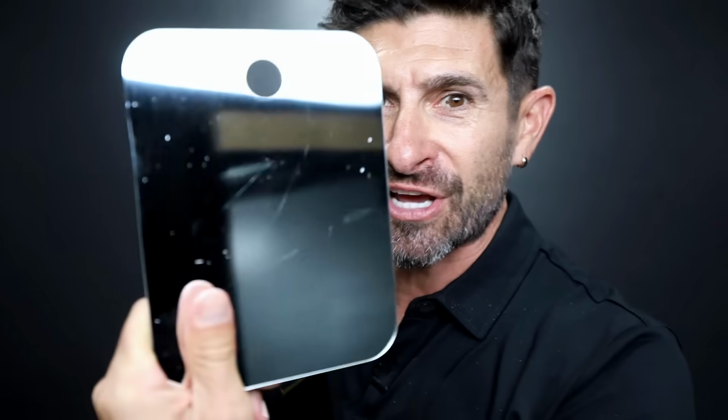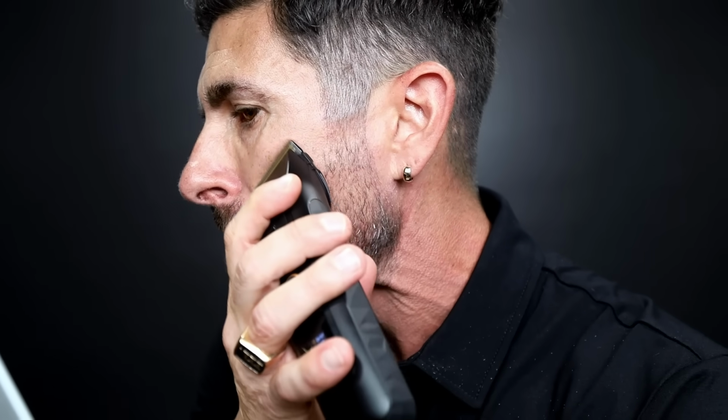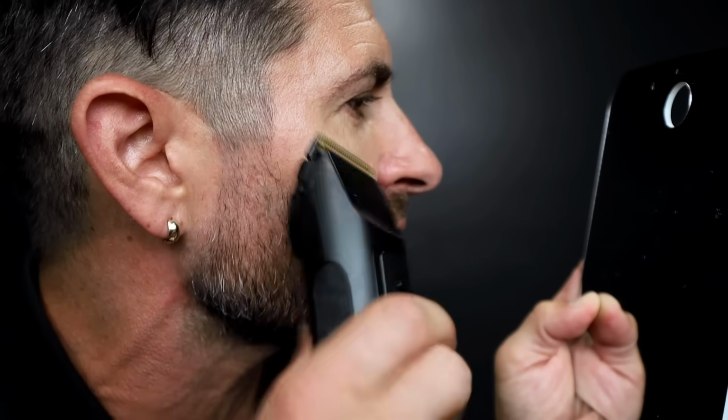Anyway, for this, I'm actually going to use a little handheld mirror, not the camera, because this thing is super sharp. You got to be careful. Do not manscape with the Zero Blade. It is like literally like skin bald, all right? So right here, right there, right there. I mean, literally it's like bald. If you guys suffer from razor burn or bumps, right, and you don't like shaving with the razor, this is the must-have tool, I'm telling you, all right? Then under my neck,